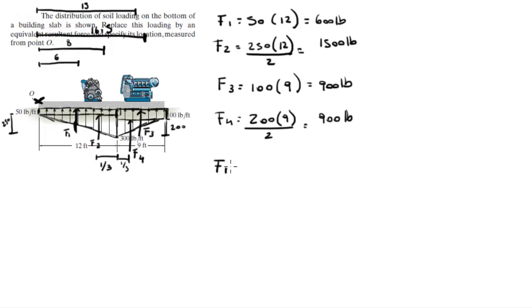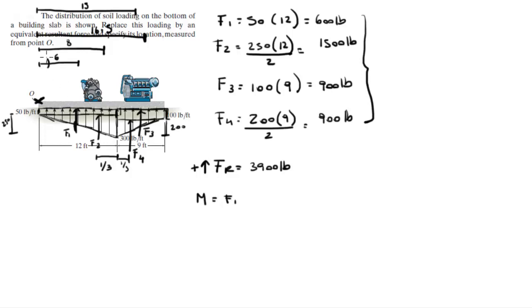So let's find the resultant force. The resultant force is the addition of all these forces. They're all aiming the same way, up. So let's assume upwards is positive. So the resultant force is 3,900 pounds. The moment is given by